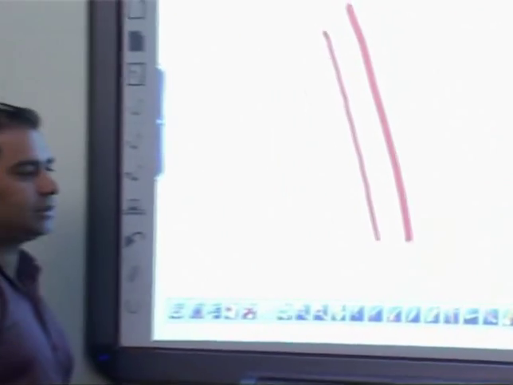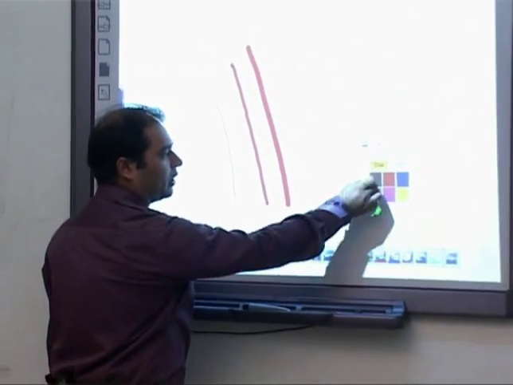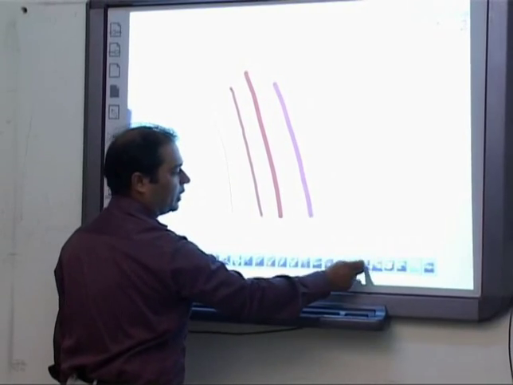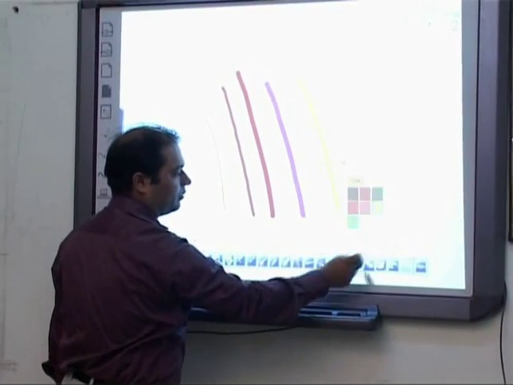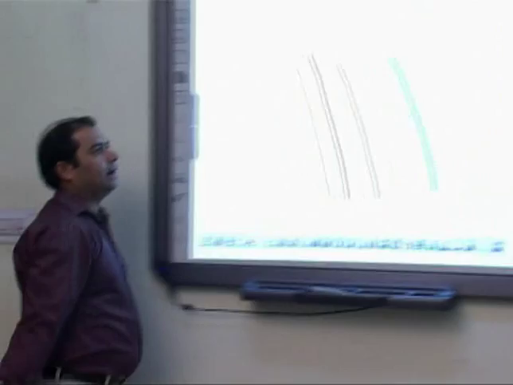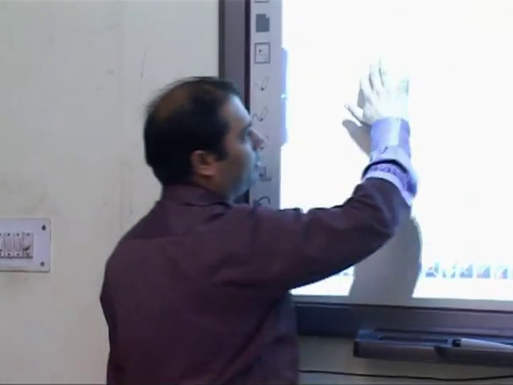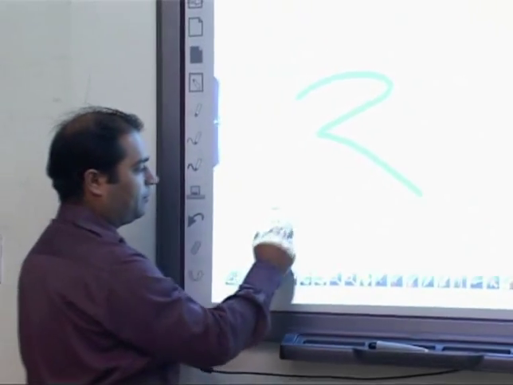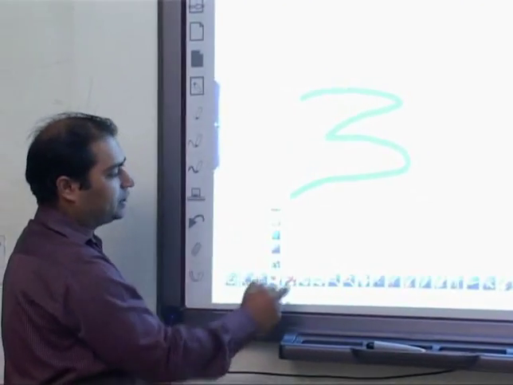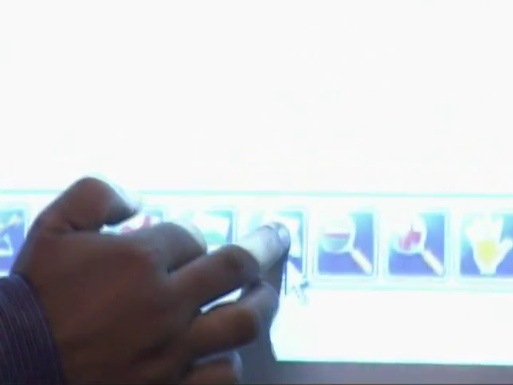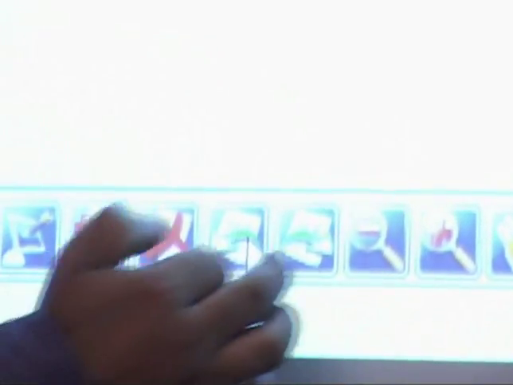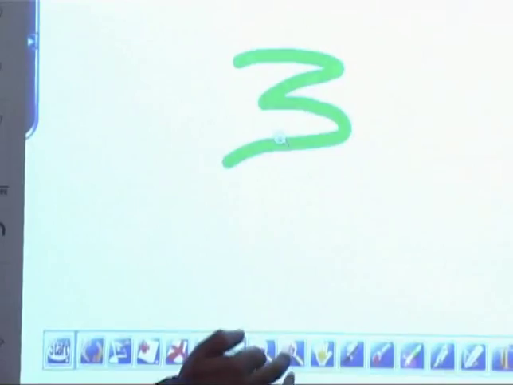Three sizes of thickness are there, as well as we can select multiple colors of pen, like this. As well as we can add multiple sheets, like select a plus icon, and we can select the different shade as well as the different colors of shade. By this button, next and previous, we can see the previous sheet as well as the next sheet. Or if you want to zoom in and zoom out, just click, then we can zoom in and